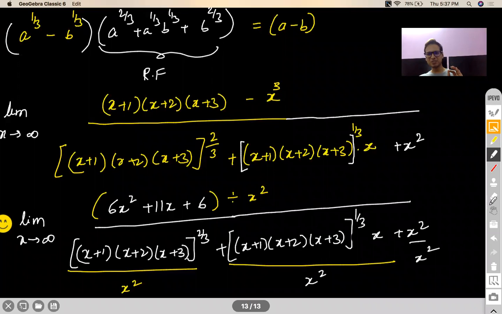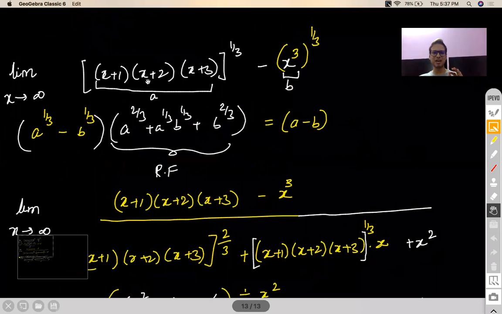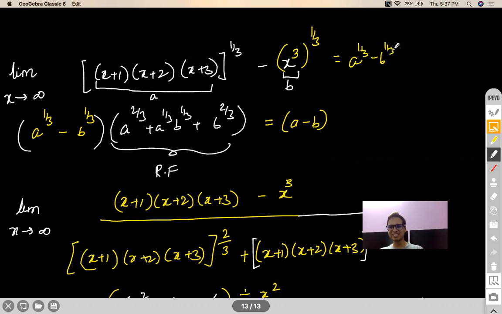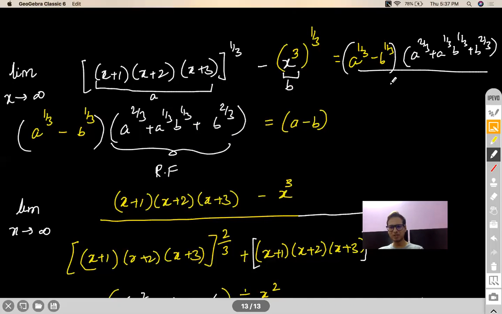Okay. So whole process, what I did was, this is something like a to the power 1 by 3 minus b to the power 1 by 3. So think as if your question was a to the power 1 by 3 minus b to the power 1 by 3. Correct. So what I did was, I multiplied this with a to the power 2 by 3, a to the power 1 by 3, b to the power 1 by 3, b to the power 2 by 3. Denominator also I did the same thing, because this is the rationalization factor. Okay. This will become a cube minus, sorry, my bad, a minus b. This will become a minus b. And that is what I have written.